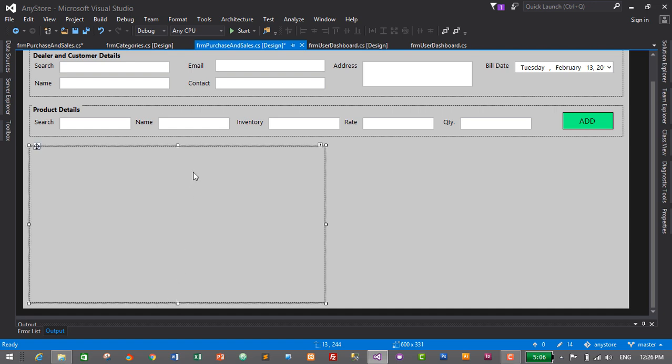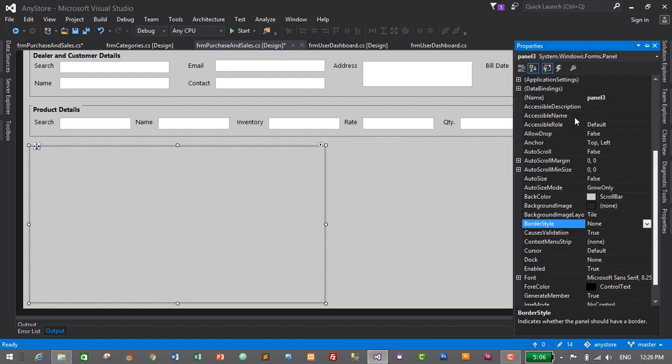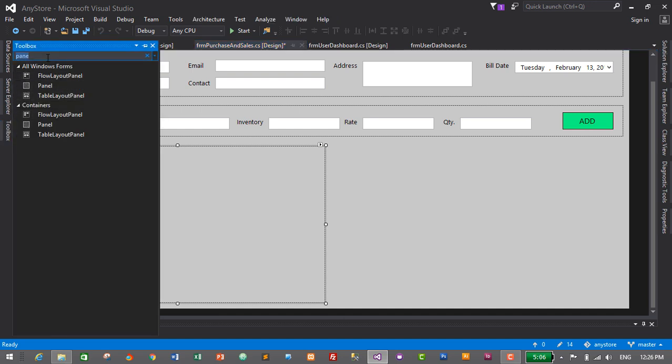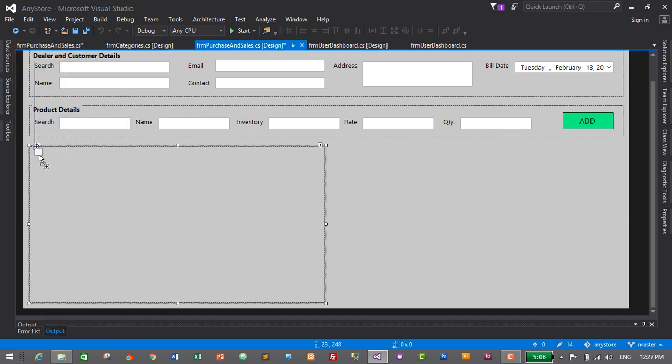Let's select the panel and go to properties. Its name will be PNL data grid view. So we will add a data grid view inside this panel. First we will need a label. So label, drag and drop here,